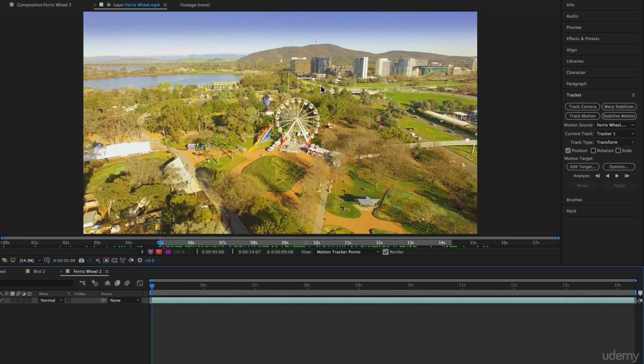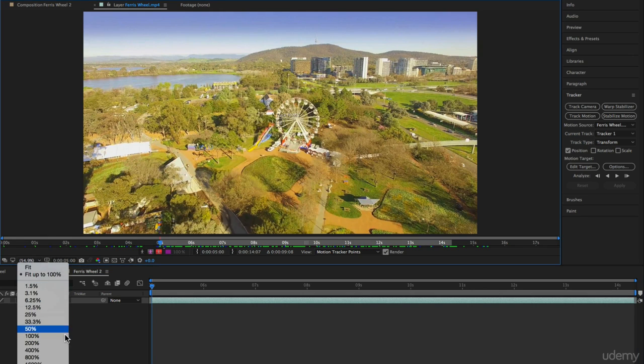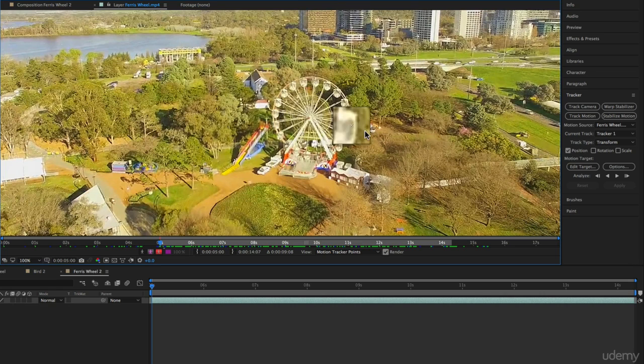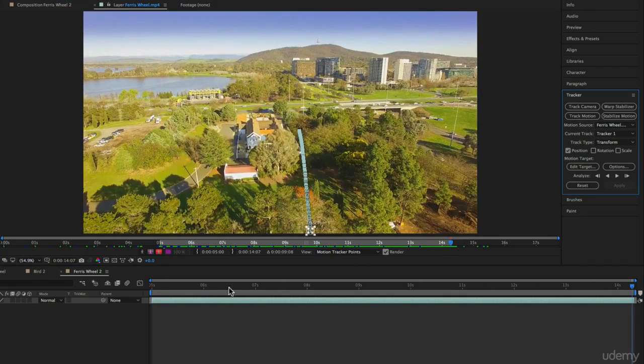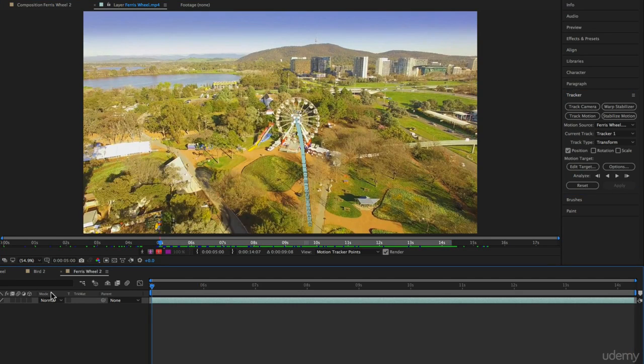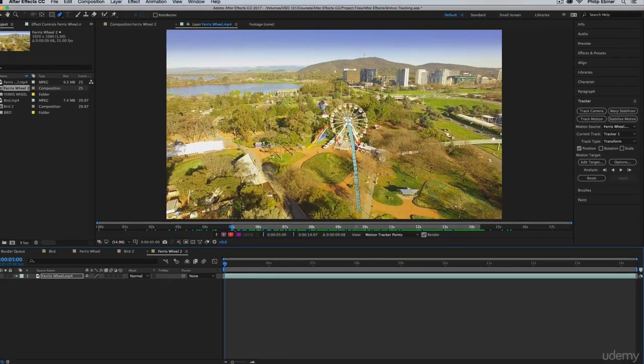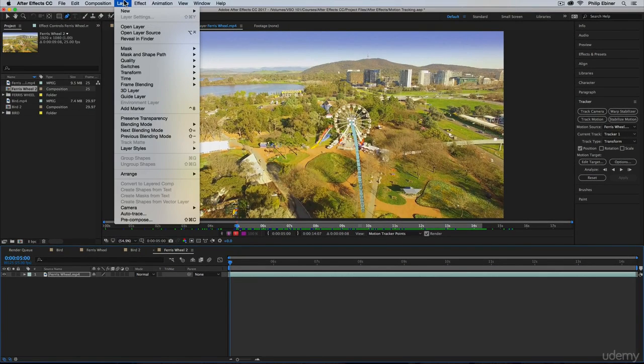Let me just show you what not to do. So if I zoom in, let's zoom in just a little bit. Let's take our track point. Let me just put it, say I want to track the middle of this Ferris wheel right there. Now let's zoom out and let's just analyze. Okay, that actually did a very decent job of tracking that middle point. I thought it wasn't going to do as good a job, but you'll notice now, let's actually create our new